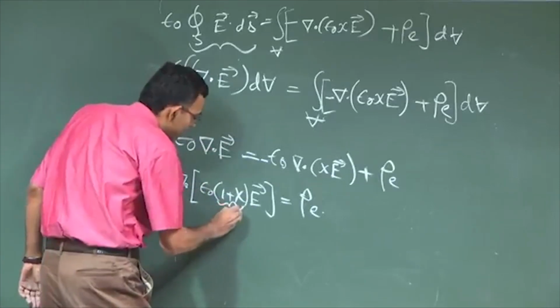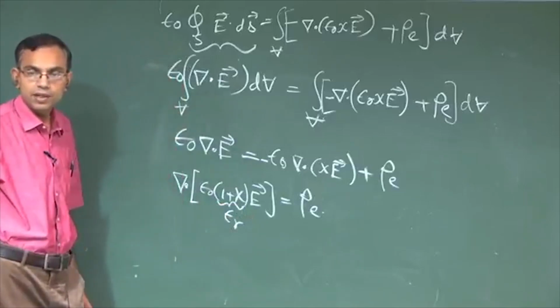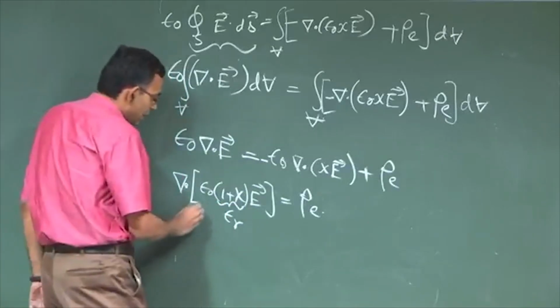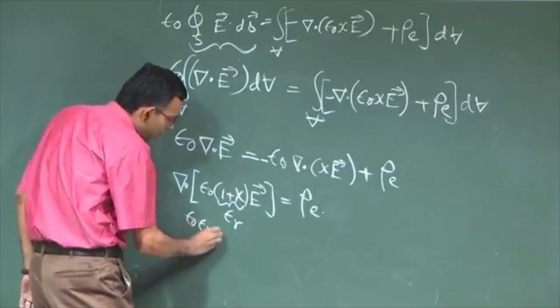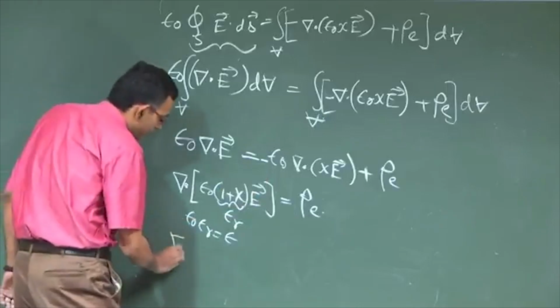This is defined as epsilon r, which is called as relative permittivity of the medium. And epsilon naught into epsilon r, if we call as epsilon, then we can write